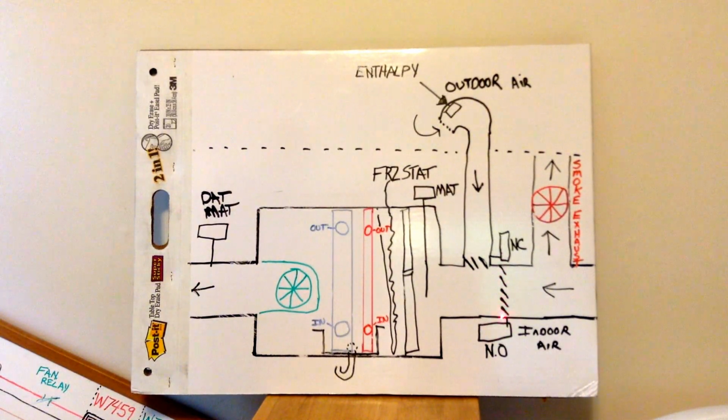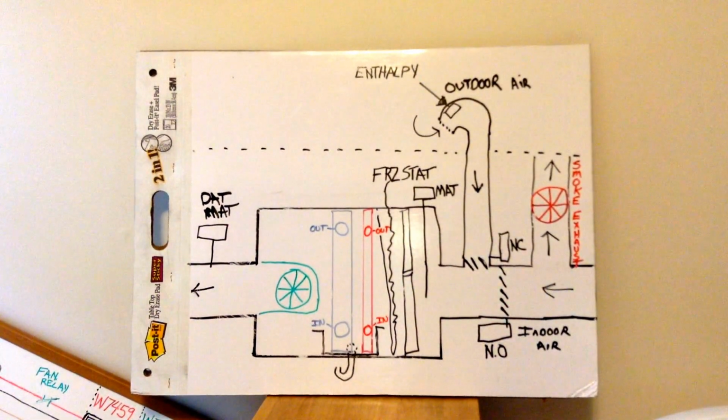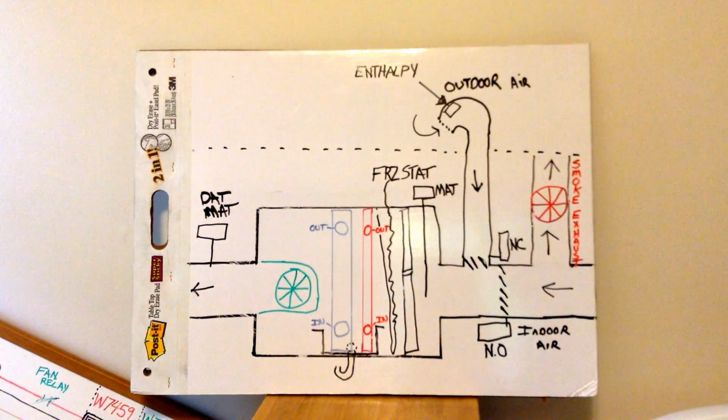So they're open 100%. Now here's something to pay attention to, because you have linkage issues and sometimes you can't get the dampers to go 100% open and 100% closed. This damper here, you want to make sure this damper is 100% shut. You're more concerned about it being shut all the way than getting it open all the way for freeze protection. This damper here, same thing. You want to make sure it goes 100% closed when it's driven open, because when you're economizing, let's say it's 60 degrees outside, you're drawing in 60 degree air, trying to get to 55 degree air, discharge air temp over